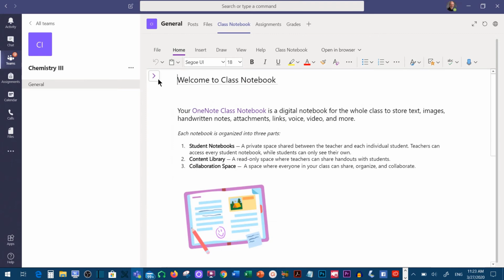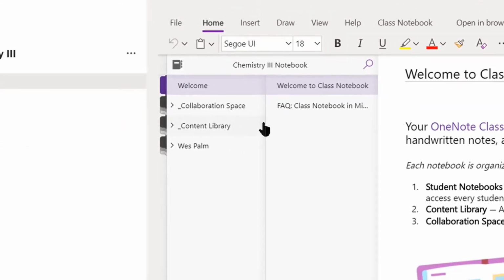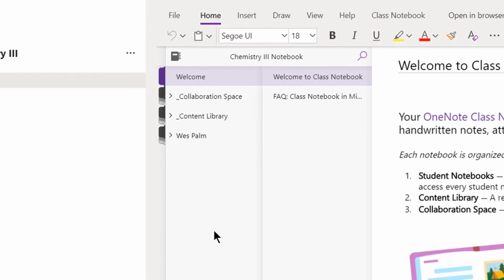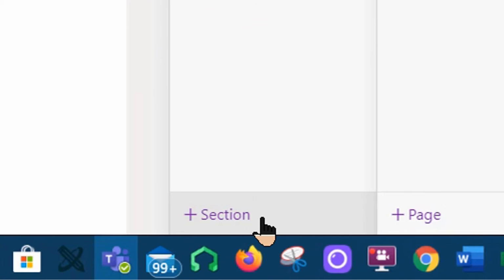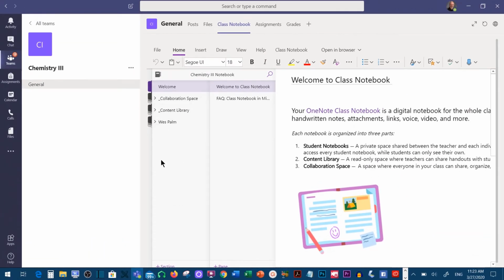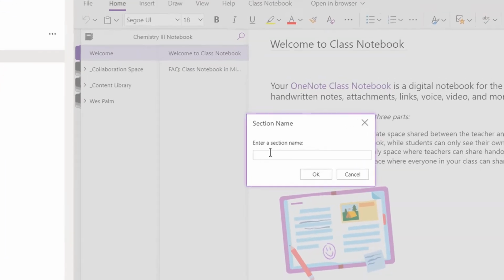What you're going to see is a chevron in the upper left corner that says Open Navigation Panel. When we click that, it opens a panel on the side. And the important part that we have with this is what's seen on the bottom, called Add Section. Now you can go through and remove anything that you happen to add in here, but the first thing that we're going to want to add to this is a section, and we're going to call